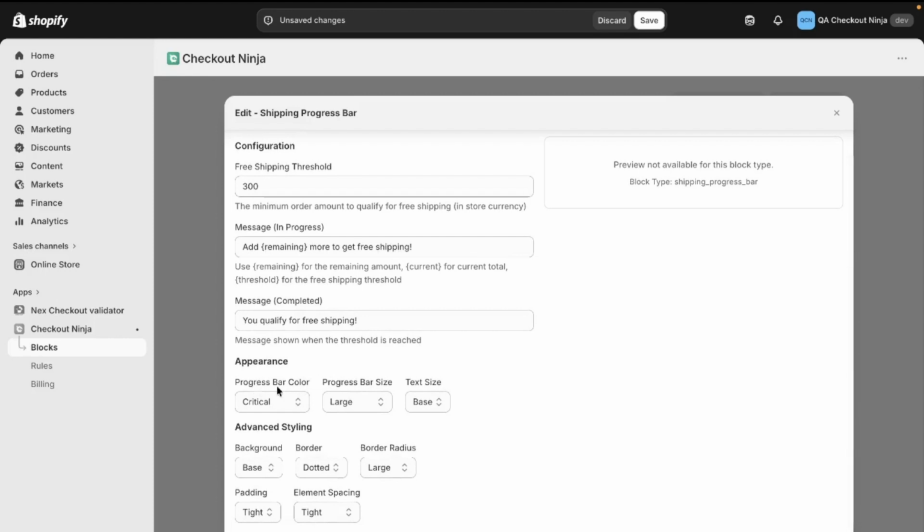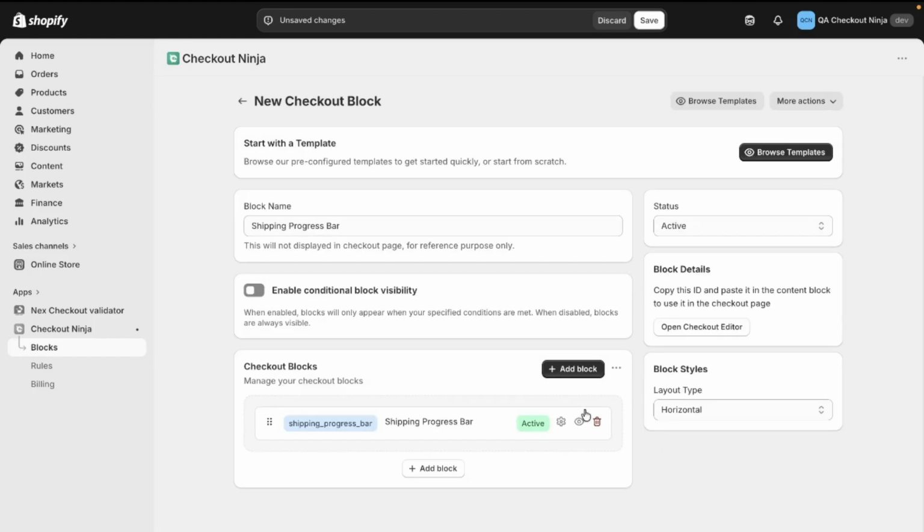And the appearance also you can just set, giving critical info, or progress bar size as large or base, text size as base or medium. Like this you can just set up. And there is advanced styling like background, border radius, padding, element spacing and all. So all the details will be pre-filled if you are choosing a template. So after verifying all this, just go to done and make sure that the status is active and